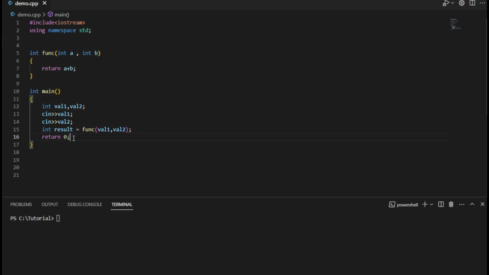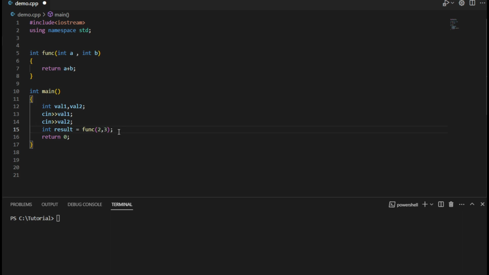So now if you think about this function, it is not possible during compile time itself for us to know what will be the value of result, because the two parameters that will be passed to this function totally depend on what will be the input provided by the user into these two variables, value1 and value2. But instead, if it was something like this, say for example 2 comma 3, then we know that during